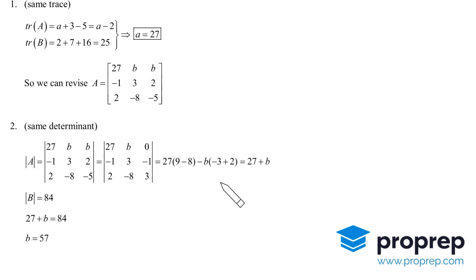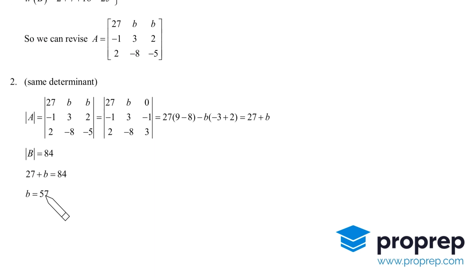So we equate 27 plus b is 84, then bring the 27 over to the other side. That gives us that b is 57, and if we substitute b is 57 in here, then we've got that A is this. But we can't stop here,